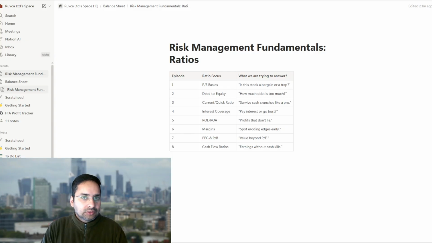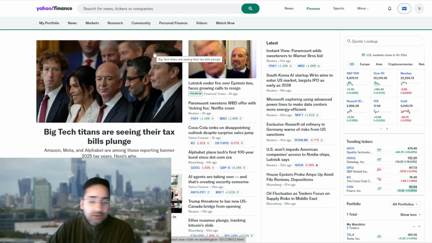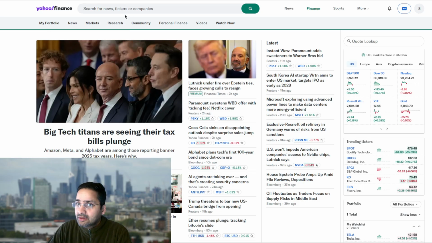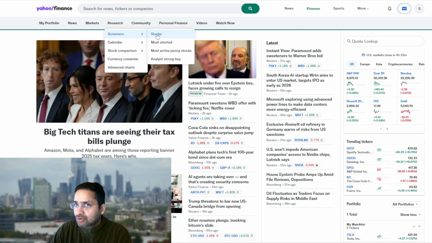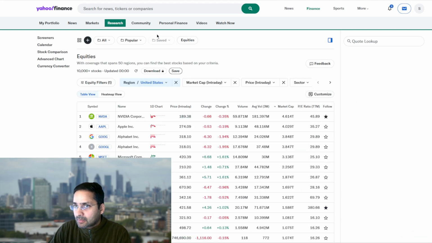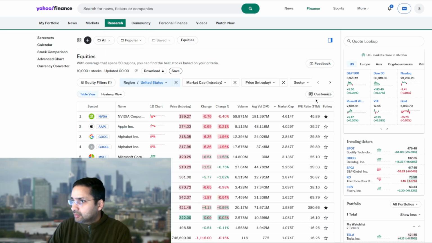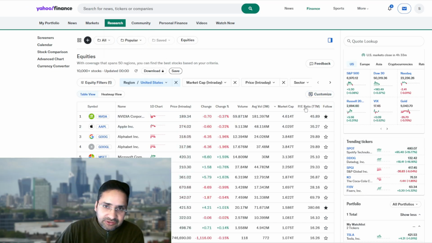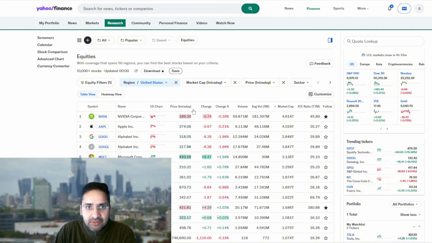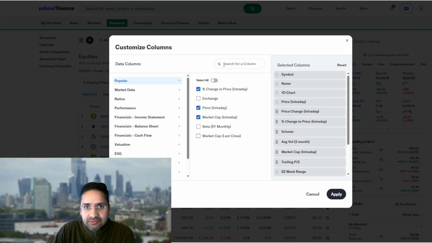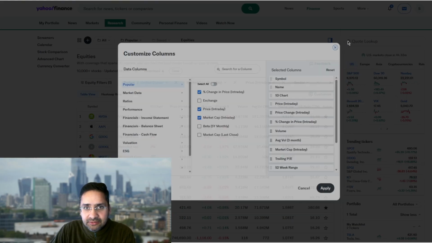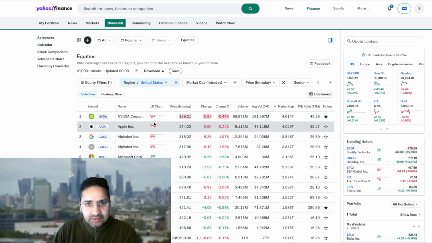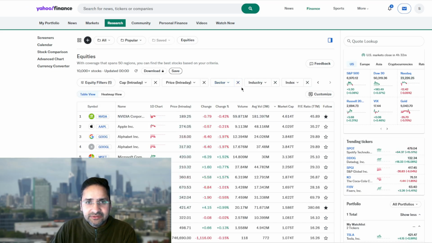And now let's go to Yahoo Finance and see how the price to earning ratio looks for the companies in various sectors in practice. So if you go to research, stock screener, and then customize, right now I have this price to earning ratio in my grid. If you don't, then you can just customize and search up price to earning ratio and add it there. But let's see how it differs for companies in various sectors. So right now this is not filtered by any sector, but